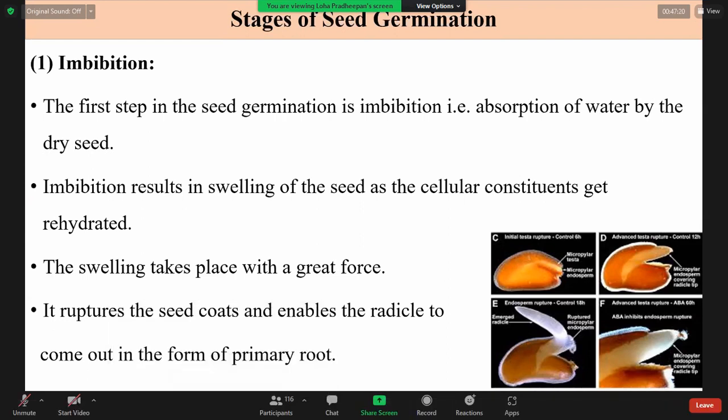So it absorbs the water and swells. So there is an increase in the size because the cell is getting the water. So it is hydrated and it is swelling. So this swelling takes place and with a growth